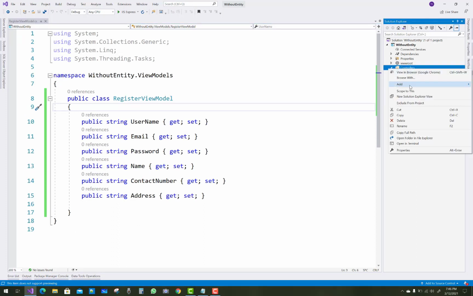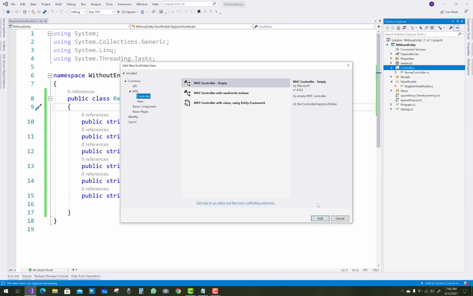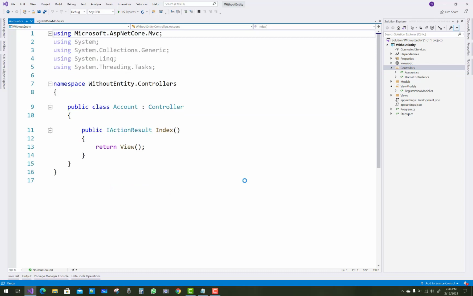After that you have to add a new controller, an empty controller. The name of the controller is AccountController.